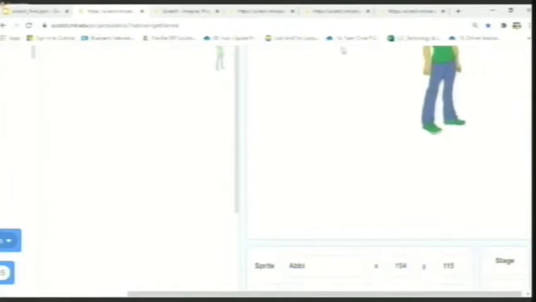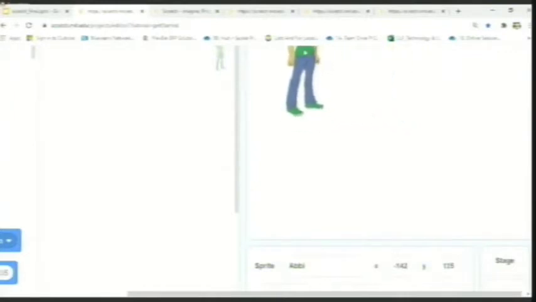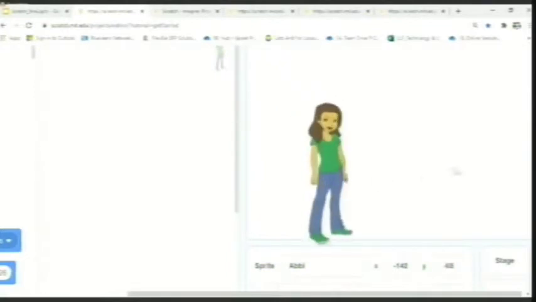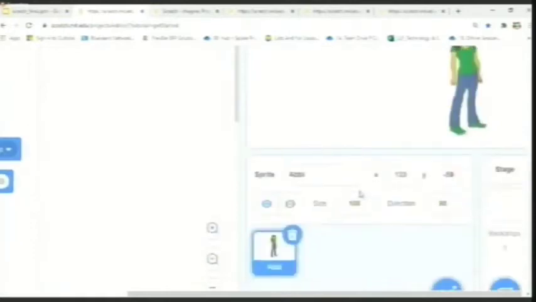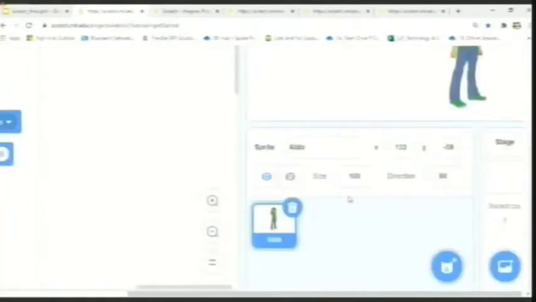Now I'm going to slightly move it to the second quadrant of the graph. It says one is negative and one is positive: the X value is negative, Y is positive. Similarly, the third quadrant, and similarly the fourth quadrant. Why do we need to look at this? Because this is how we are going to make sure our sprites navigate through the stage without a hassle. So having learned about the movement and the coordinates, let's get into a little more detail.